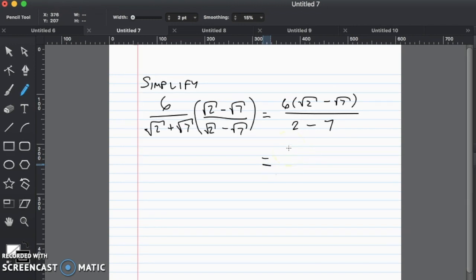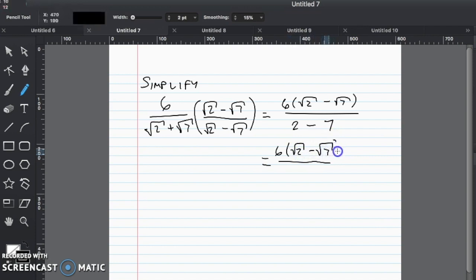We can expand this out if we want to. It doesn't matter too much. I'll just start by subtracting 2 minus 7, so that's negative 5. Okay, now let's go ahead and do that top part. Why not? So this is 6 radical 2 minus 6 radical 7